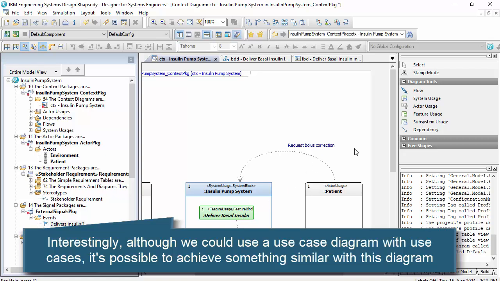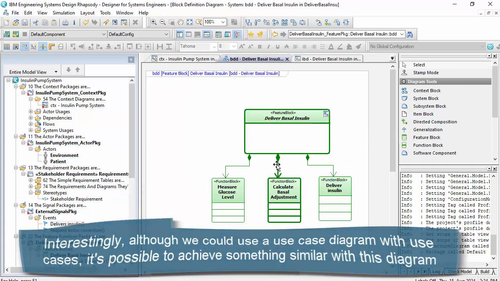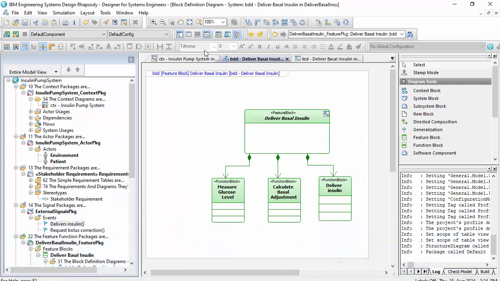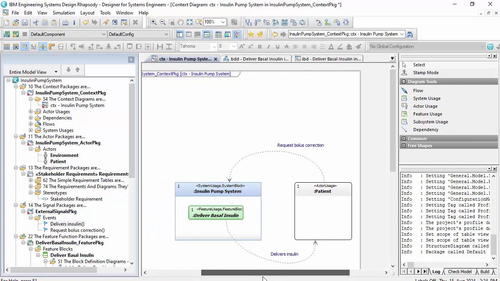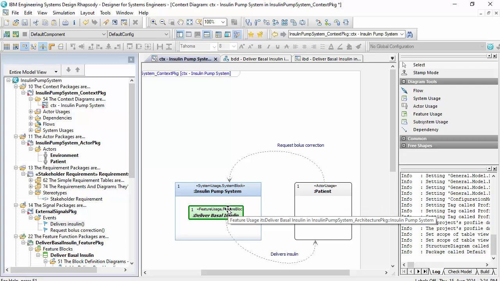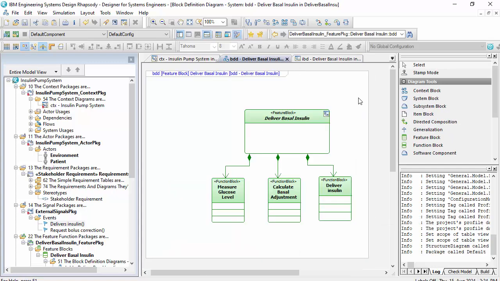To do this, I've only actually used two different types of diagrams so far. I've used block definition diagrams to do decomposition. I've used a high-level internal block diagram. When I say high-level, I mean an internal block diagram where the part properties are global. I've got the concept of a block called a feature, which is decomposable into functions, and I can then establish